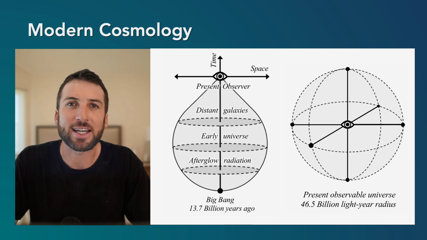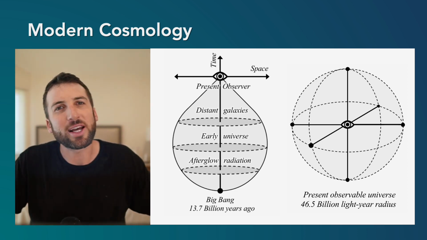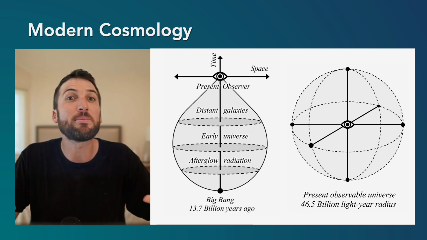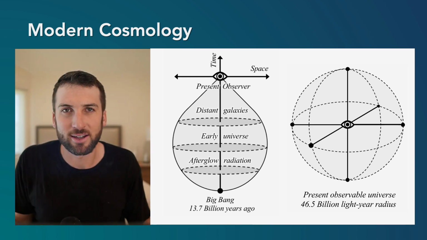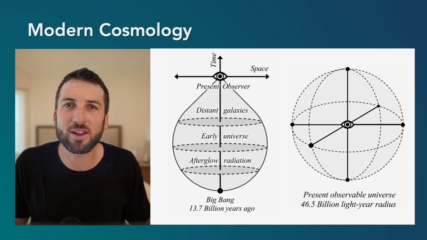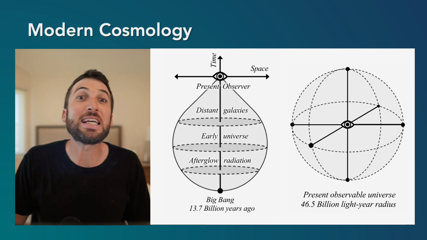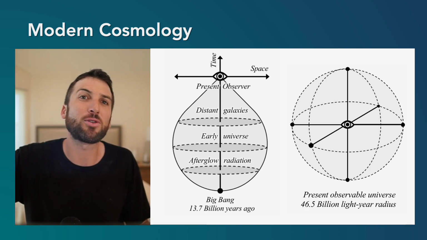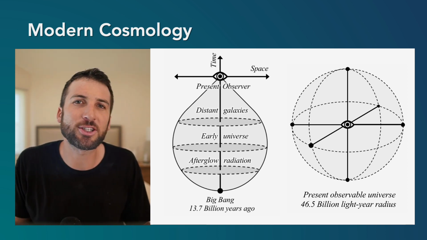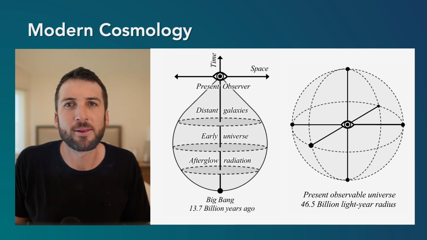And this can be thought about as a light cone. So this light cone usually would expand, but because there was a Big Bang, it curves back into this pear-like shape, where basically all the light, no matter which direction you're looking, up, down, left, or right, leads back to one point, right? If you're looking back and back into the past, eventually that would all lead to the Big Bang.